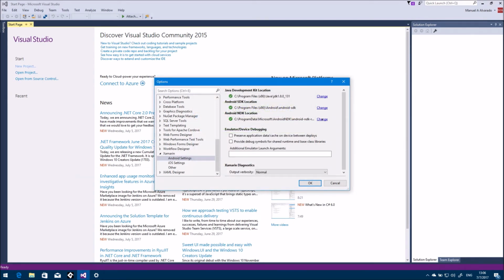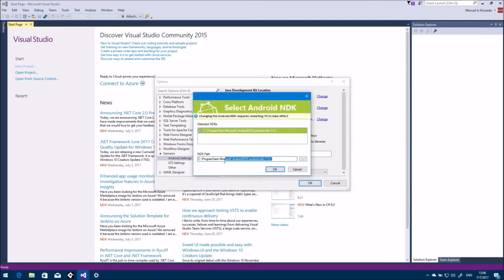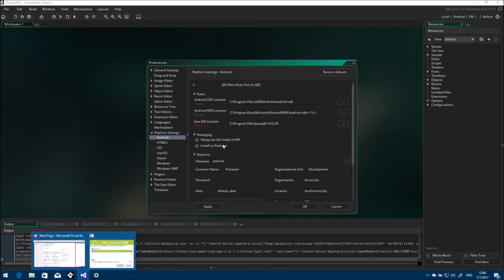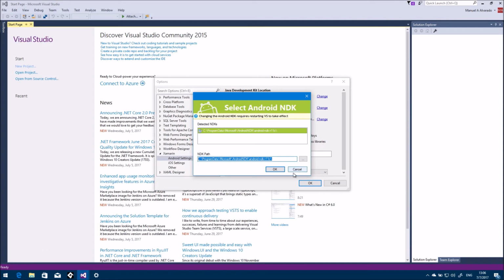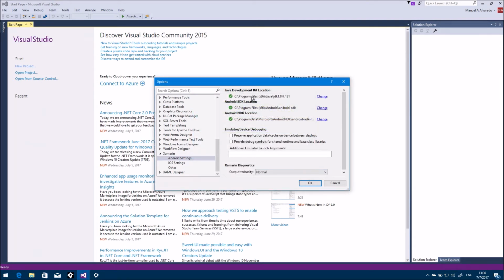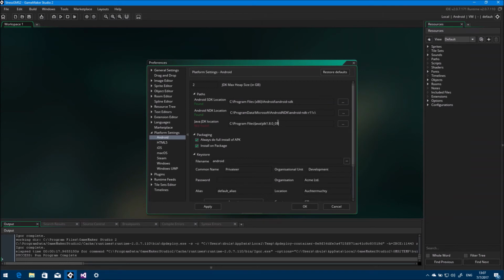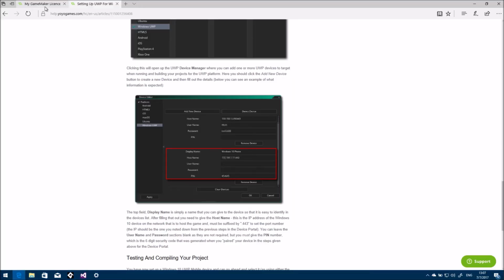For the Android NDK, let's copy this and paste it, NDK, and it found it. And for the Java developer kit, same thing, and paste it. Okay, actually one thing,